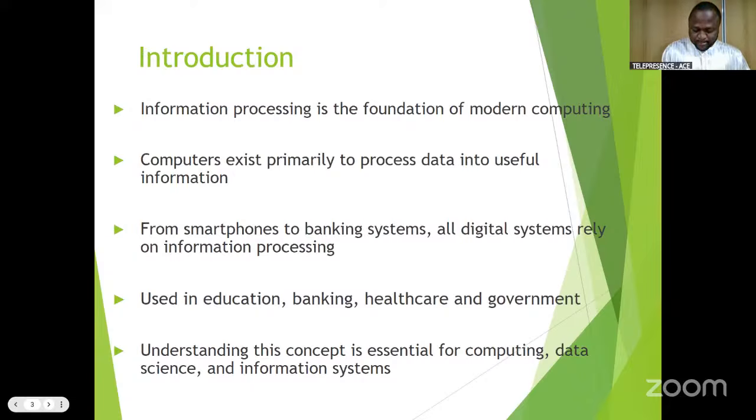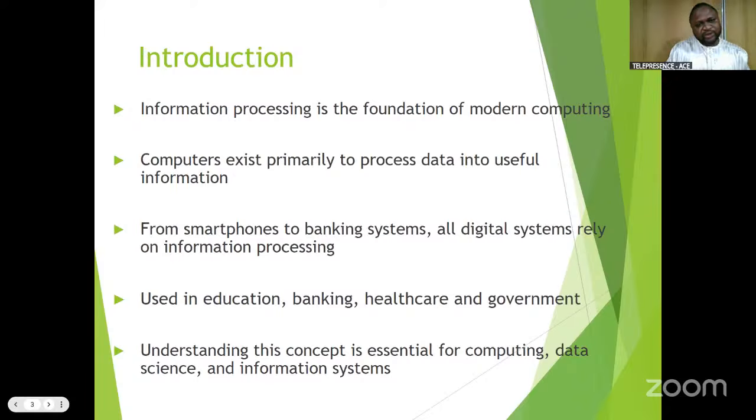which can be regarded as an output. In the banking system as well, the same thing is similar. When money is withdrawn from an ATM, for example, the system will process the account data, in real time, to verify the user's identity. Then it will check your account balance, update your records, and dispense cash within seconds. So all these processes, from the time you input your details to the time your cash is dispensed, a lot of information processing goes on.